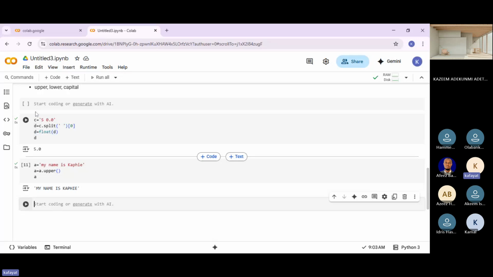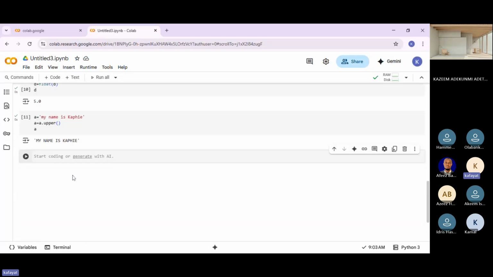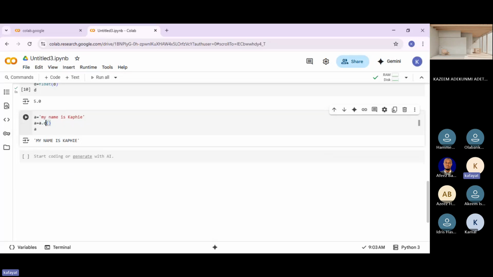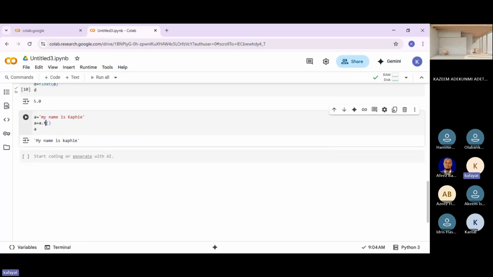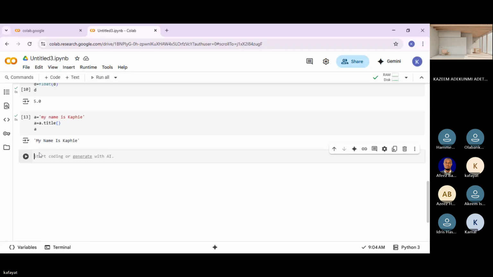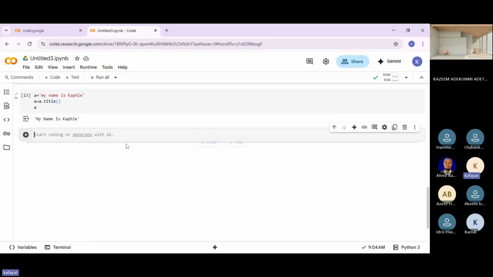Any question from what I've just done? So you can try your lowercase and capital case. When I say capitalize, we capitalize the initial. Then we have something we call title. With title, we make the first letter of every word a capital letter. Are you seeing them? So you can just play around with it and see some stuff.